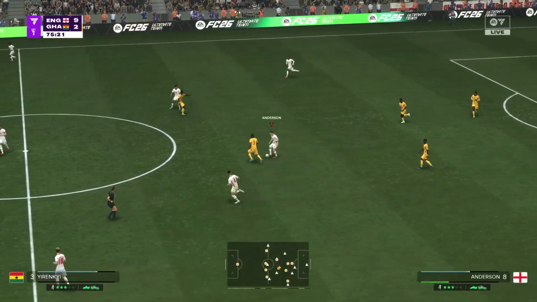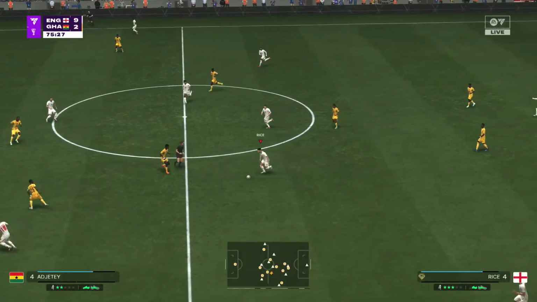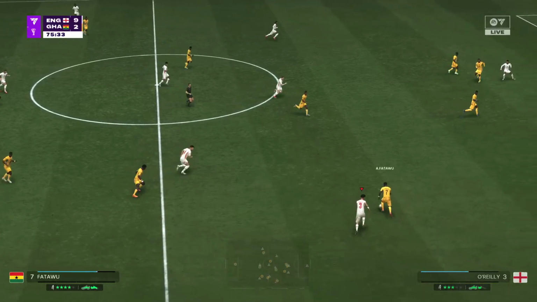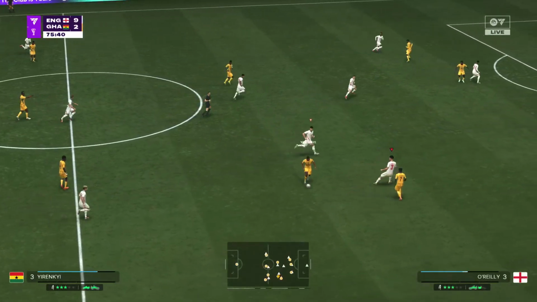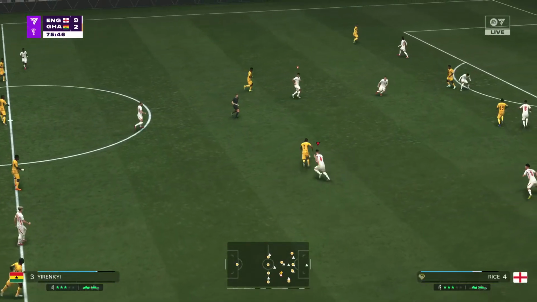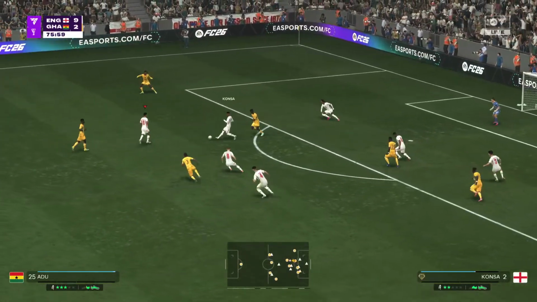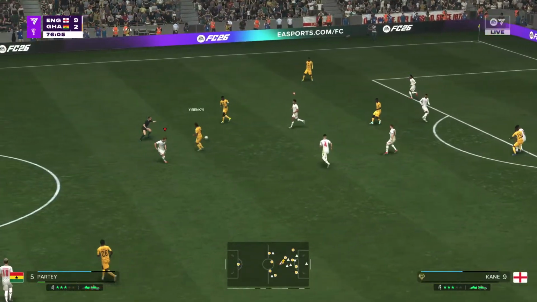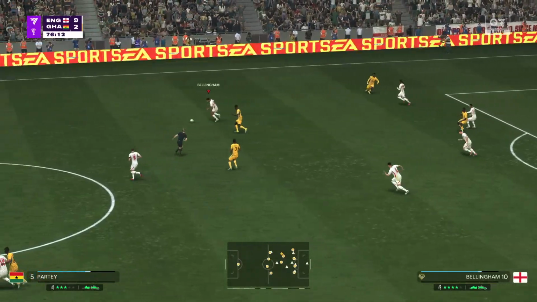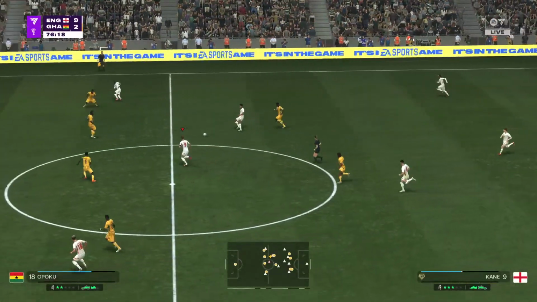Elliot Anderson. He could really get at the opposition. But quick thinking defensively. Plenty of support here.